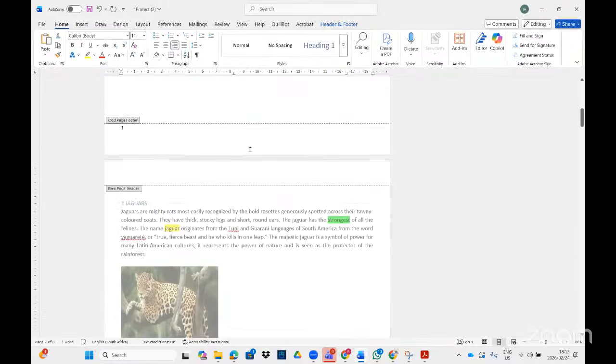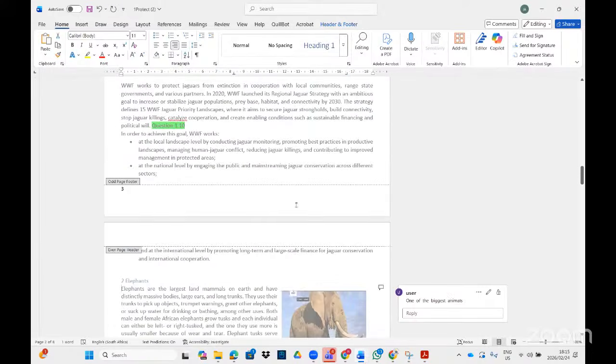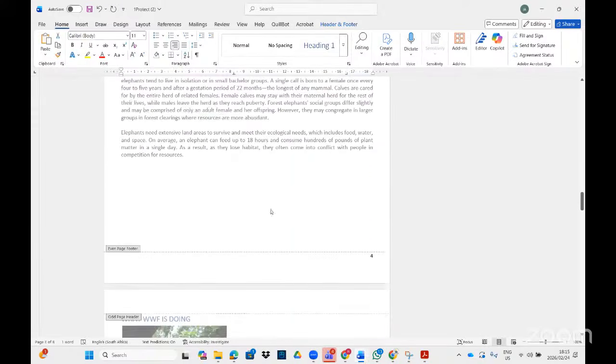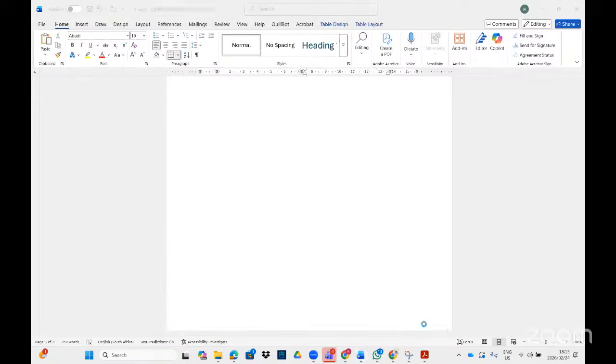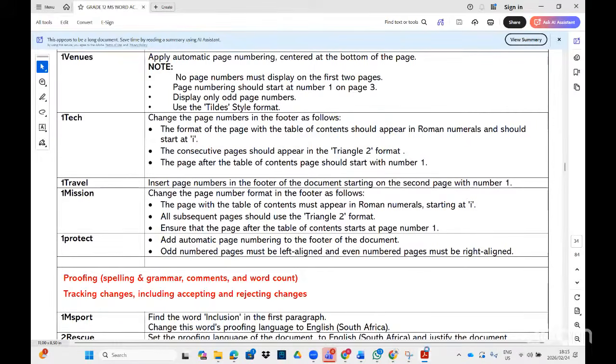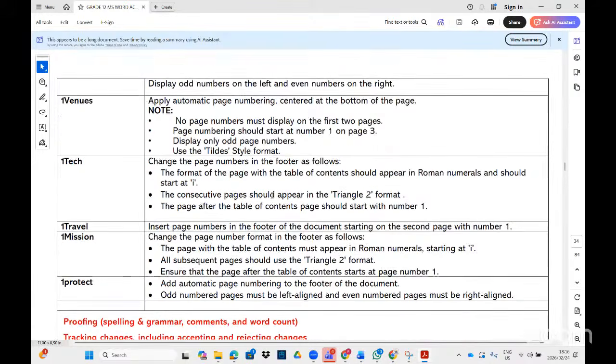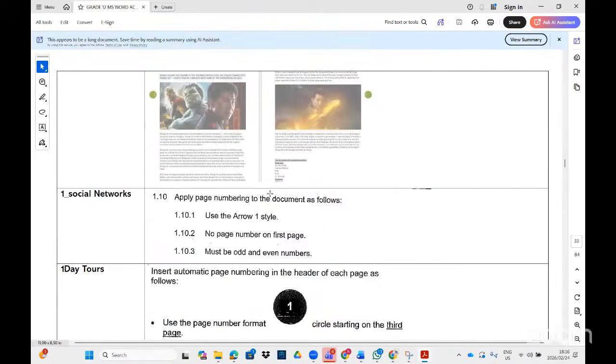So odd page to the left, even page to the right. Right. So that is how we insert different odd and then even pages. You have to activate the odd and even. There are so many questions like that. Then I'll advise that you go through them. But there is also another question